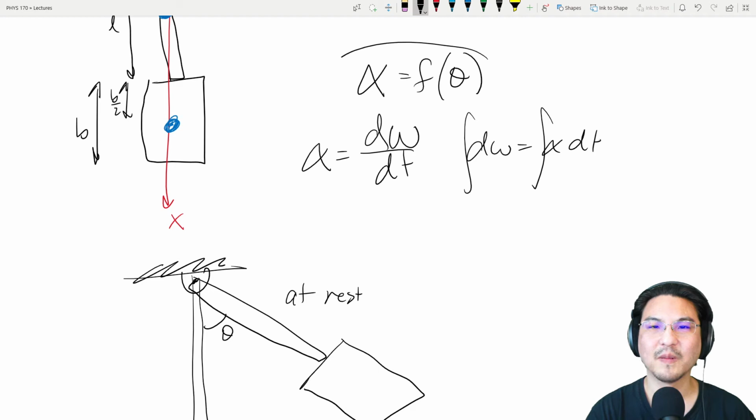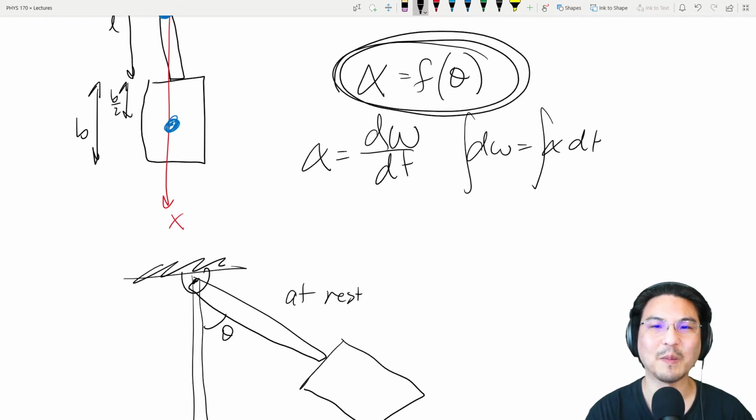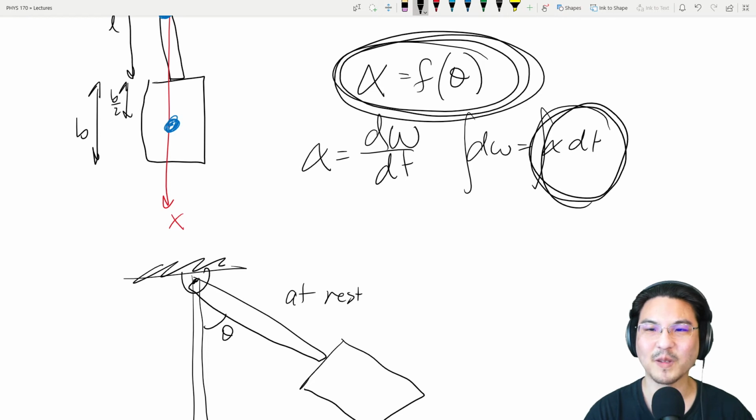Right? So again, this is not a function of time, it's a function of angle. But you have to integrate over time. So how do you do that? You could use the product rule and the chain rule. So then